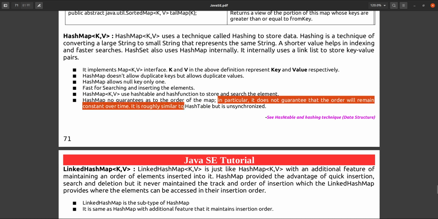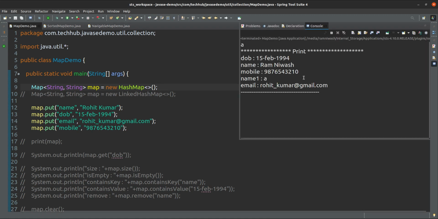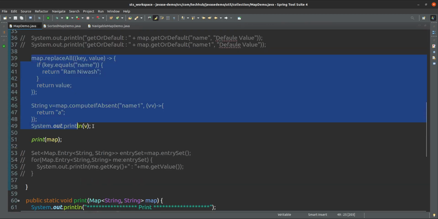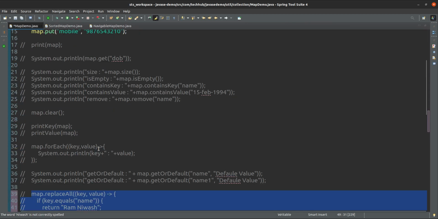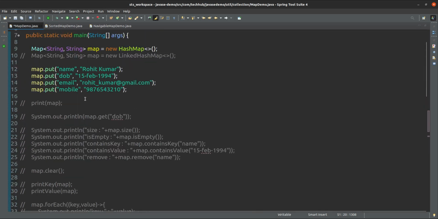It is roughly similar to Hashtable but unsynchronized. So what is the use here? The major difference is this one. If you use HashMap and you see the order, just comment all those out, so you see the order now.